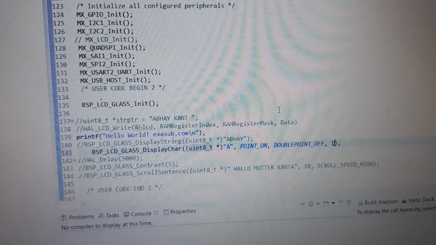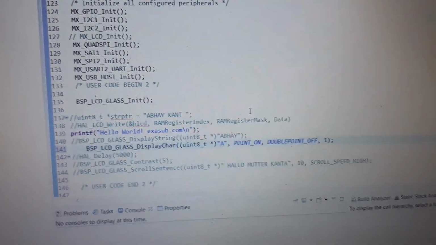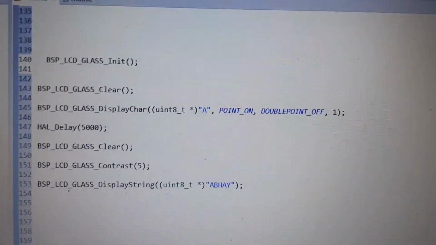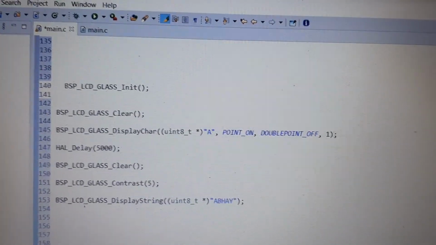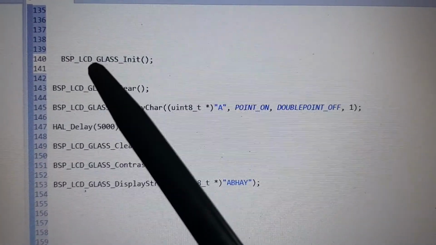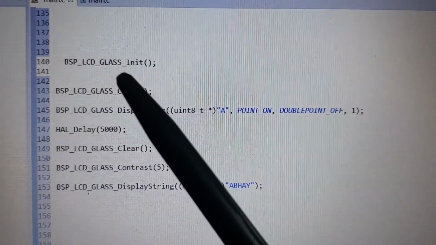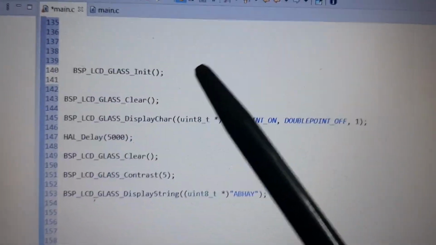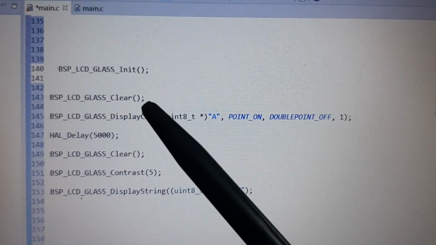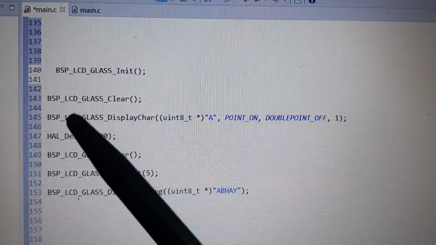These are the functions you need to include. First is BSP_LCD_GLASS_Init, which is the glass initialization function. Then you need to clear the LCD RAM.